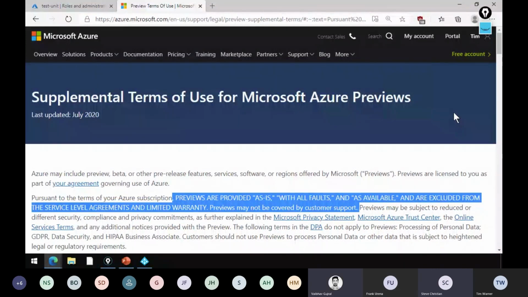Yeah. But I know Blueprints, for instance, is in preview, but I've reached out to the product team, and they said, yeah, don't worry about it. It's going to be fully supported. So feel free to use it. But I'll just say your mileage may vary.